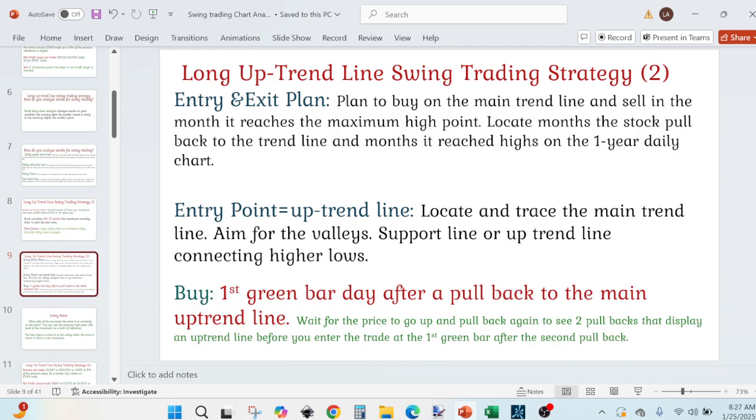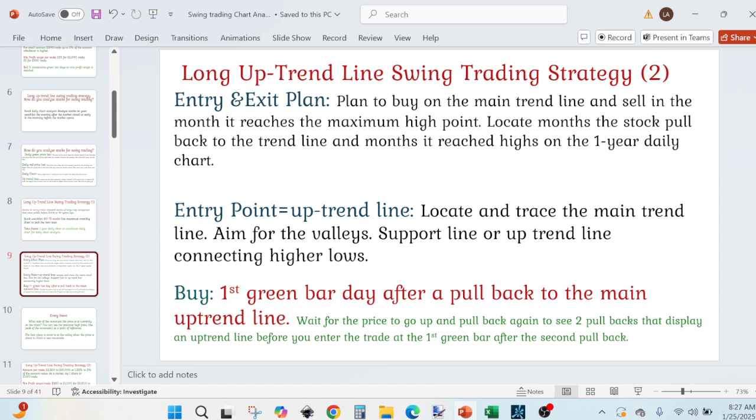Since we are buying at the support line, choose a different support line or different uptrend line, whether one up or one below, and so forth. Now, without using indicators, but just using the chart and trend lines, you can decide where you want to buy and where you want to sell. When you reach the trend line that you like to buy, after a few higher lows, you can